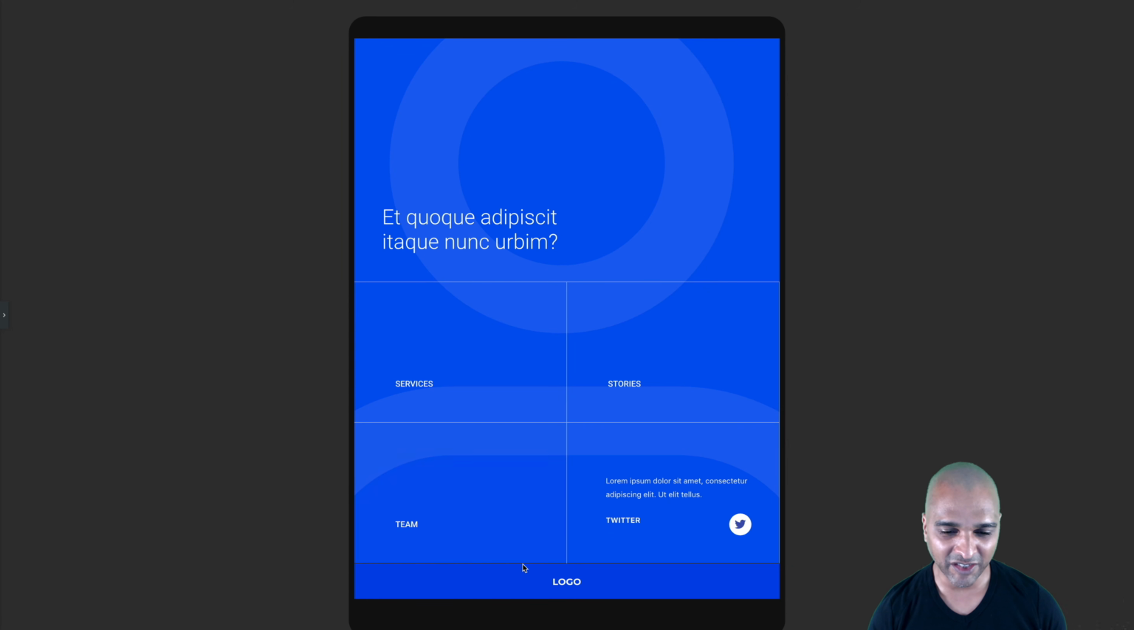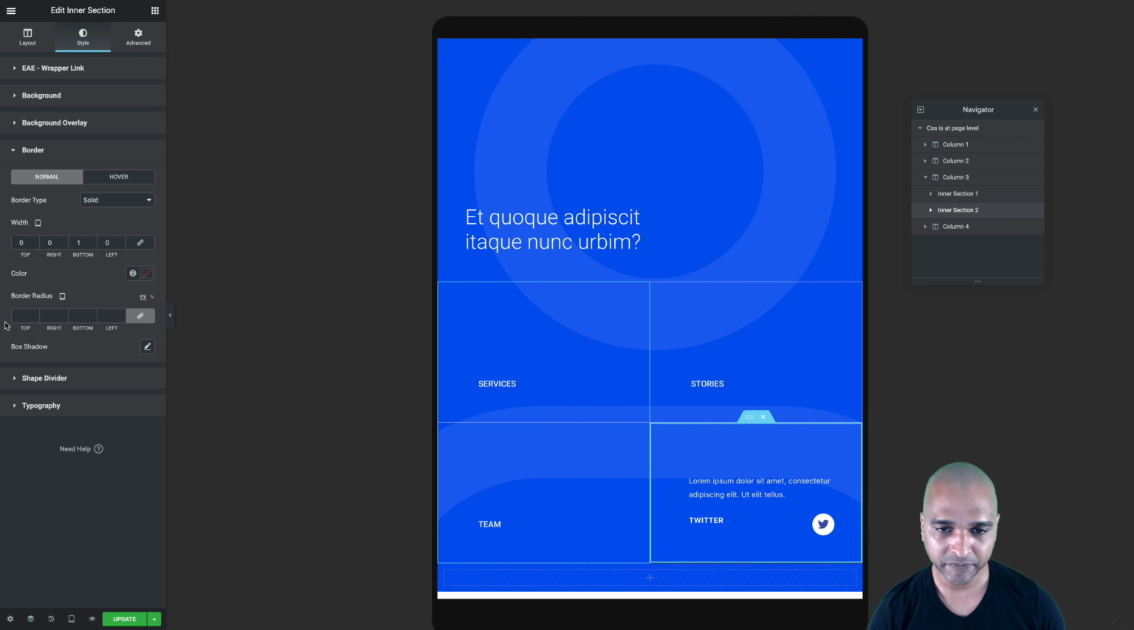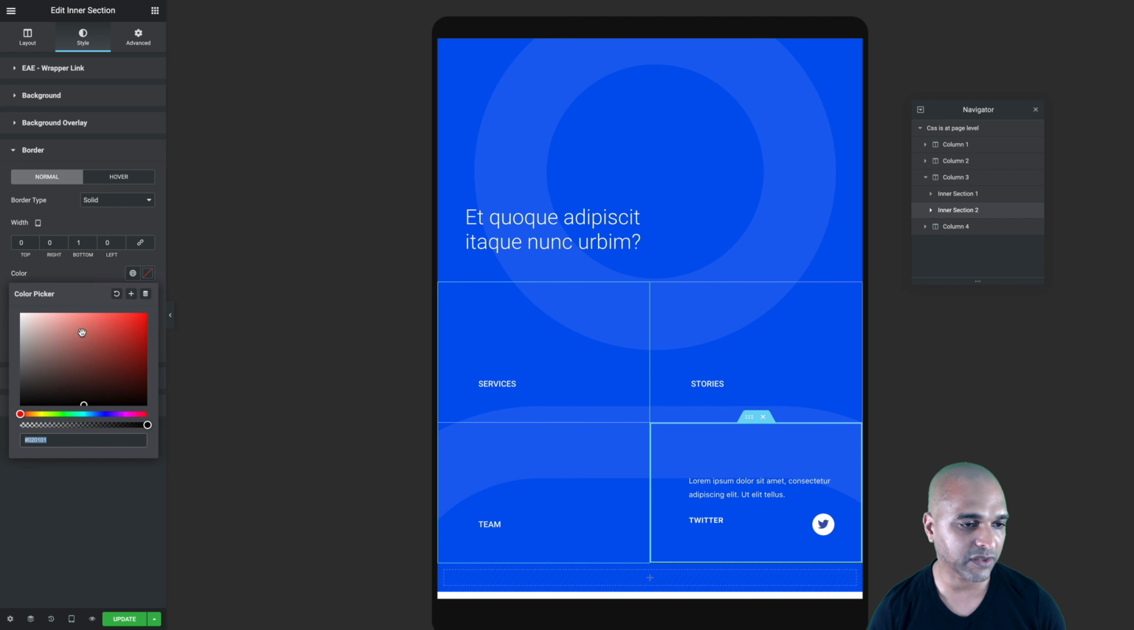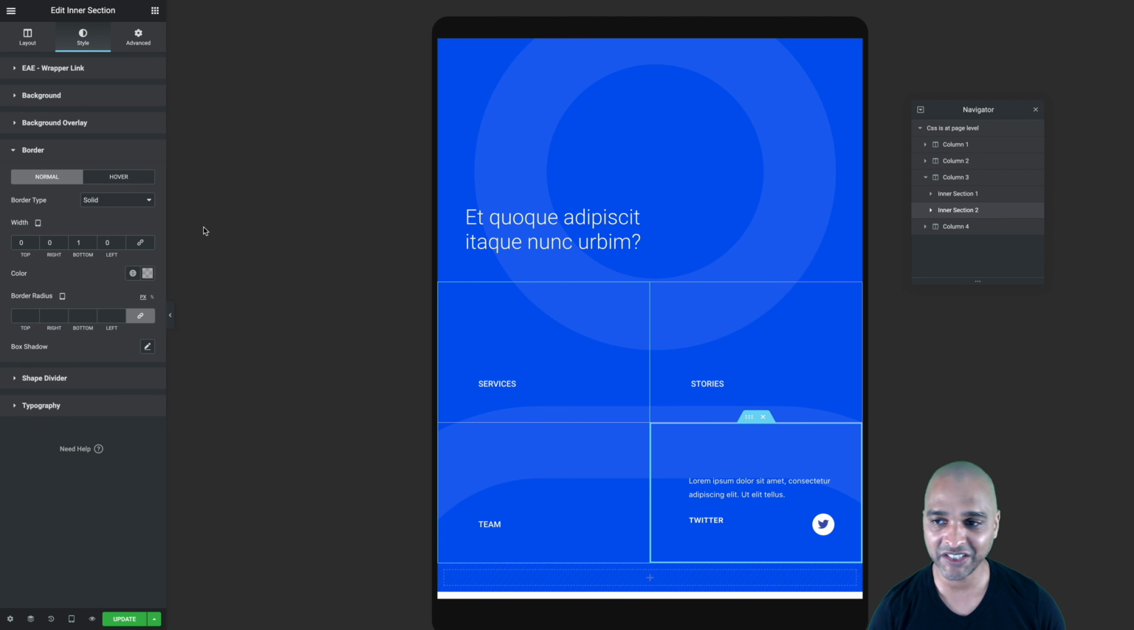But I can see I have a dark line here, so we forgot to put some color. So let me go back, and as you can see here, we forgot to put the color. So I'm just going to add the white color and then drag it more or less in the middle. Let me copy this. So that's for inner section number 2 of column 3, and we need to do the